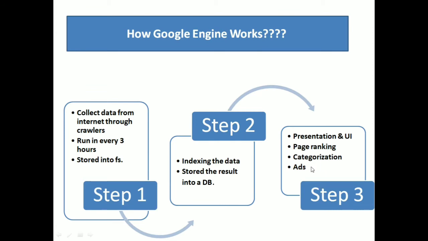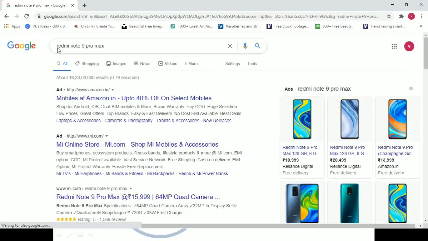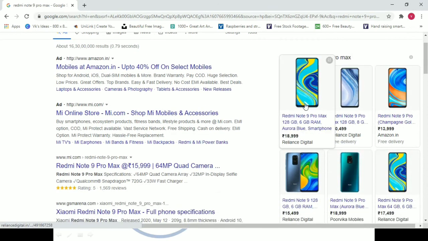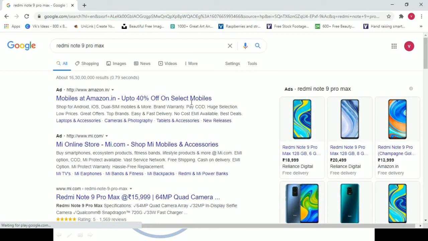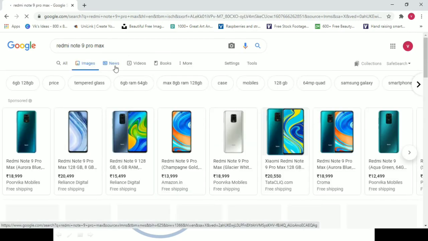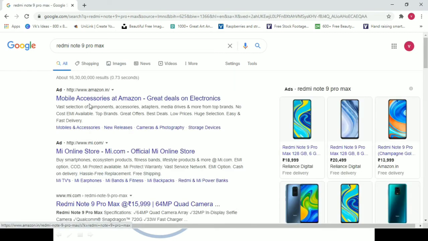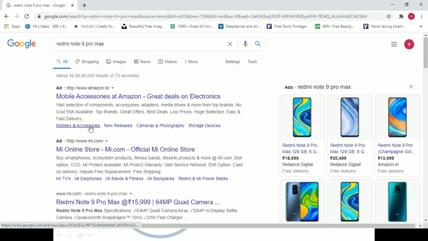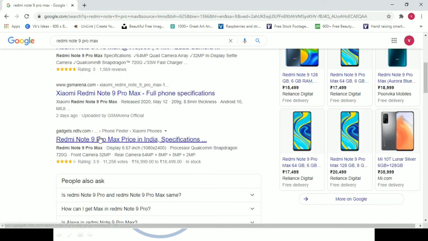Different ads are also being provided. As you can see here, whenever we search for the query, we get different ads. These are the different ads which are currently available on this mobile phone, so the user can easily pick up. So this is the UI which is very user friendly. Also they have categorized the output in different parts as videos referring to that particular topic, or images referring to that particular query. Also they have provided different websites. These are the higher page ranking score websites, so they are provided at the top, and then the websites which have a lower ranking score are provided after.